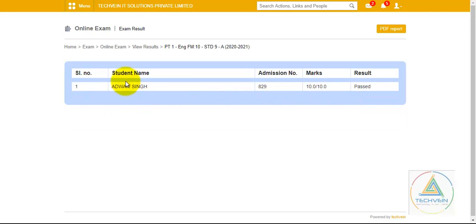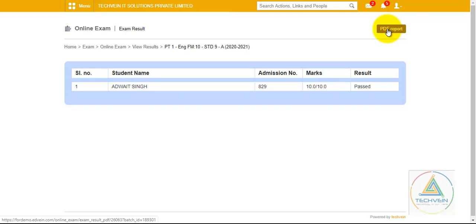Once, see, they will be presented with how many students have appeared and what are the details of the student, how much he has secured out of the full marks, and what is his net result, either passed or failed. And this can also be taken out as a PDF export.